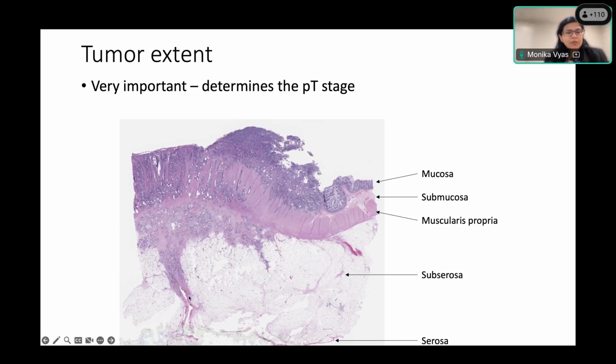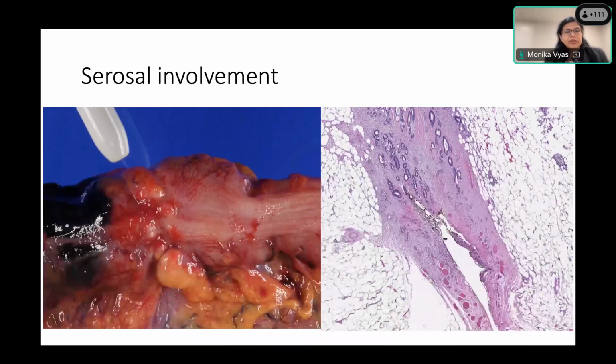And it's very important to pay attention to these small crevices that you see in the serosa, because that is most commonly the T stage discrepancy that we encounter, because people are not paying attention to these little divots in the serosa where it dives down. So even if the tumor is involving the serosa in this deep part, you will call it a serosal involvement and pT4 stage. So here's an example.